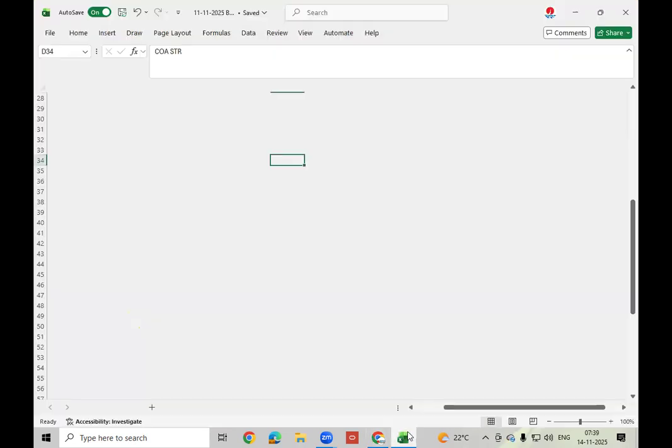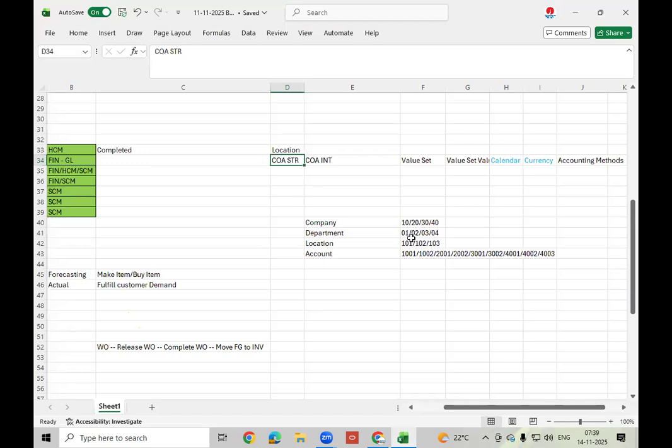So whatever here I listed segments, values, how this is going to be maintained, the combination 10 hyphen 02 hyphen 103 hyphen 3001. So this is the combination. See how based on this segment values, value set values, I am going to define like this. So this is the code combination, account code combination.